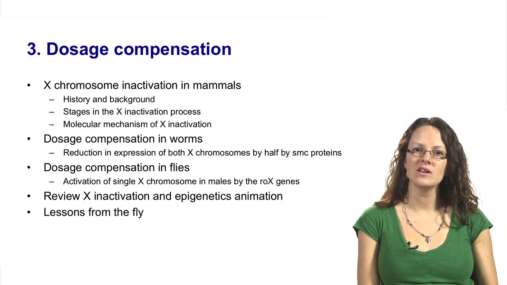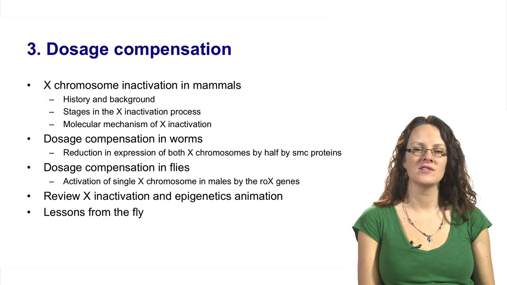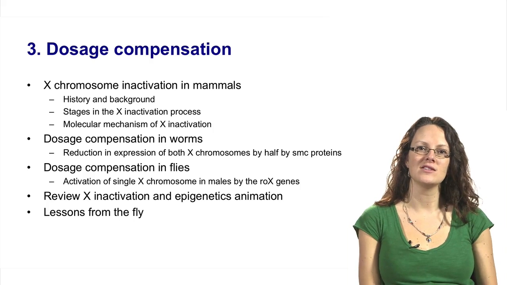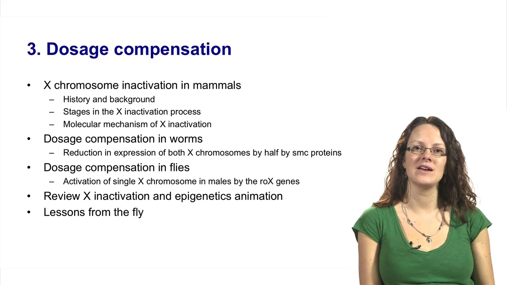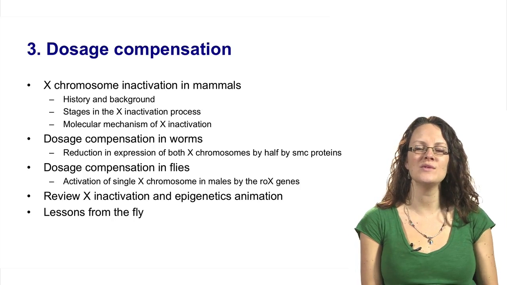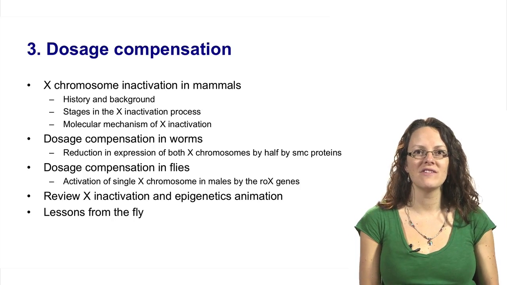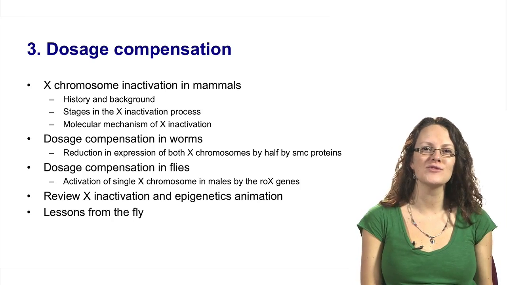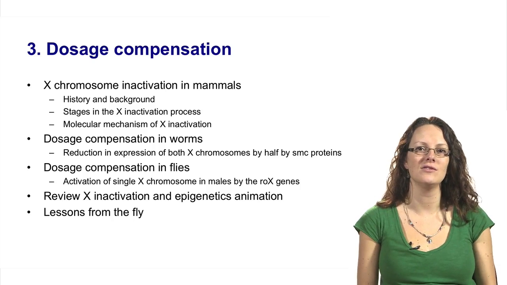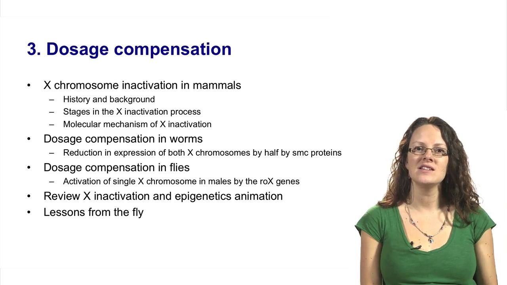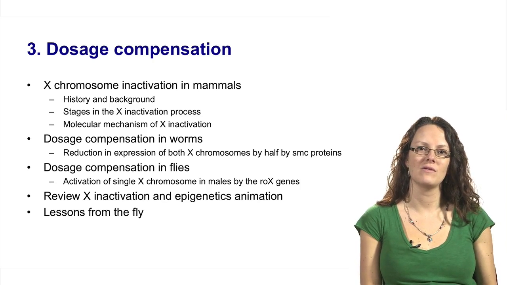We've spoken a little bit about dosage compensation in mammals, about X inactivation on a few occasions as a means to explain some of the things that we've been speaking about so far. But now we're going to delve into more detail. The reason we're doing this is because not only is it a fascinating process where a whole X chromosome, about 1,000 genes, goes unused and densely packaged in the nucleus. Also, what we learn about dosage compensation tends to be true for epigenetic control throughout the rest of the genome,